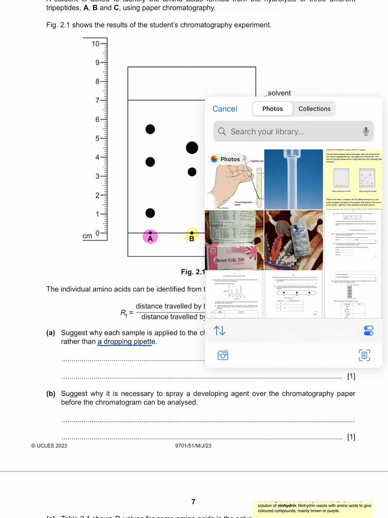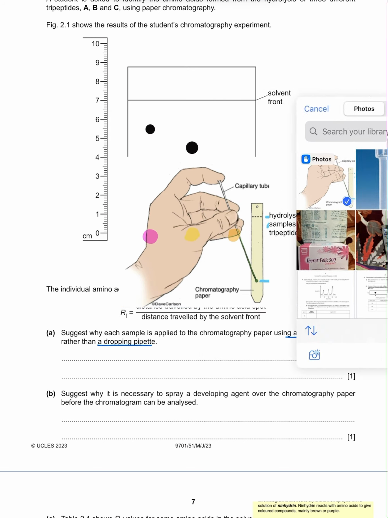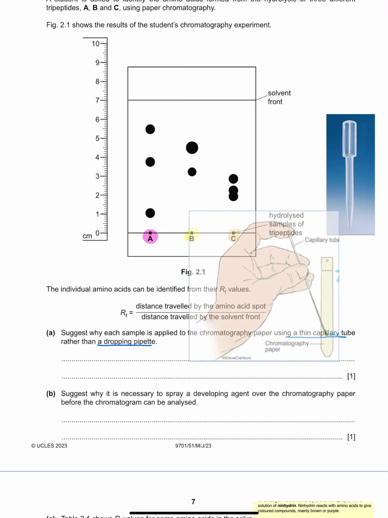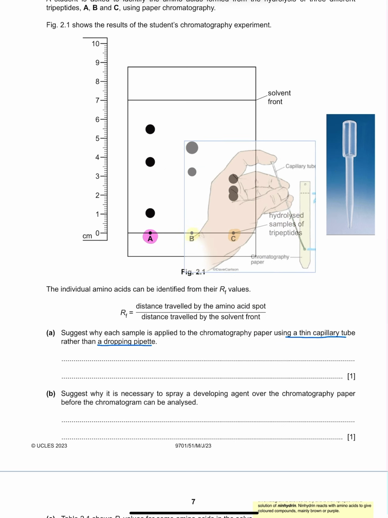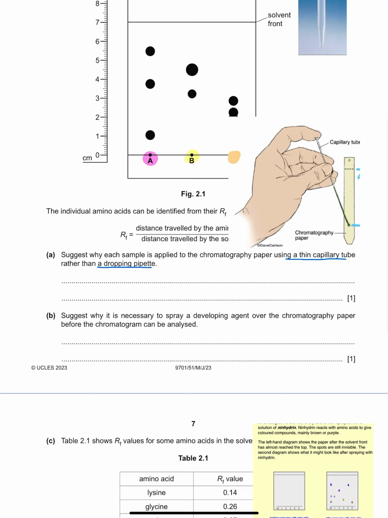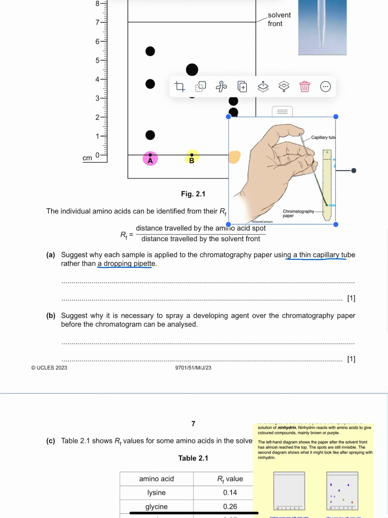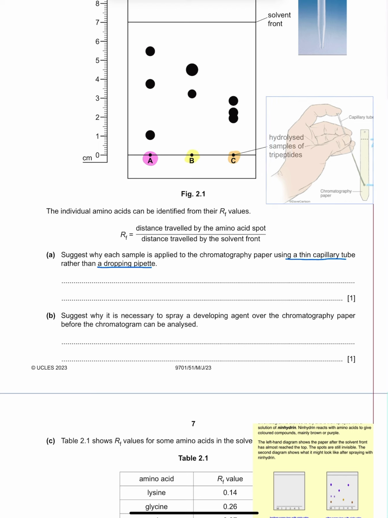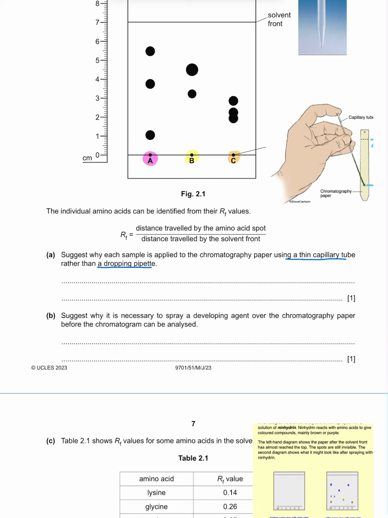And likewise, if you are going to use this capillary tube, here you can clearly see that it is more or less like a needle. This is the capillary tube and it is so thin like a needle. So when you apply a spot with the help of this capillary tube, you can make the spot very small in size, and it is going to be a kind of controlled sample application.